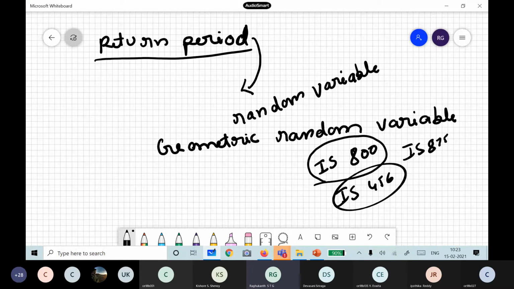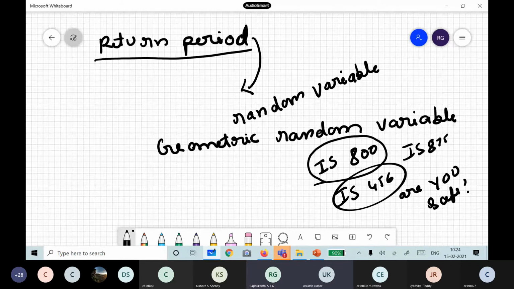Now, after you design the structure, you have done construction. If I ask you a question, are you safe? I have followed strictly the codal requirements. I have done all the things, whatever the code says you put, I will put that. If the code says use this section, I have used that section. If the code says don't use slender sections, I will not use slender sections. So I have done a perfect design as per IS 800. Now I have built my structure. Now if I ask you the question, are you safe? What is your answer? Most probably. Yeah? Most probably. Why? Why are you using that word probably?